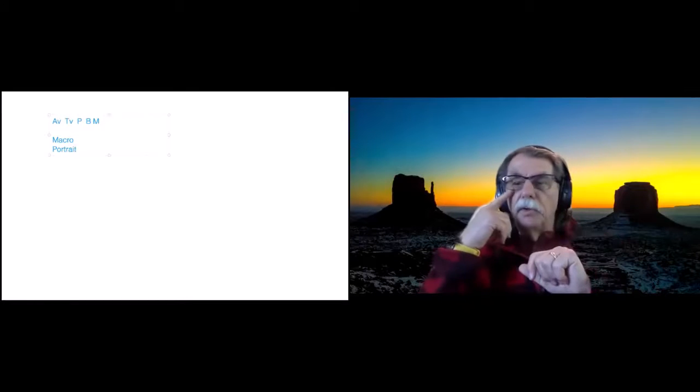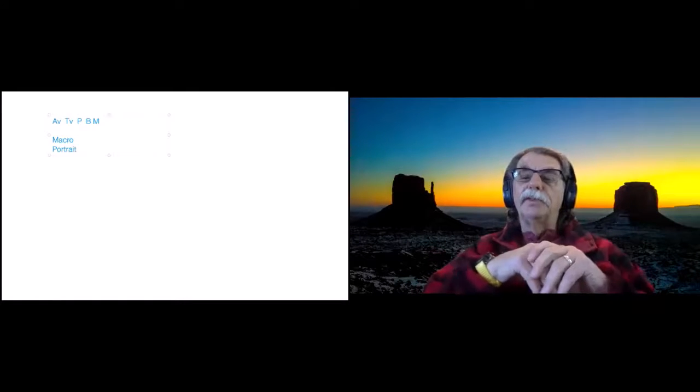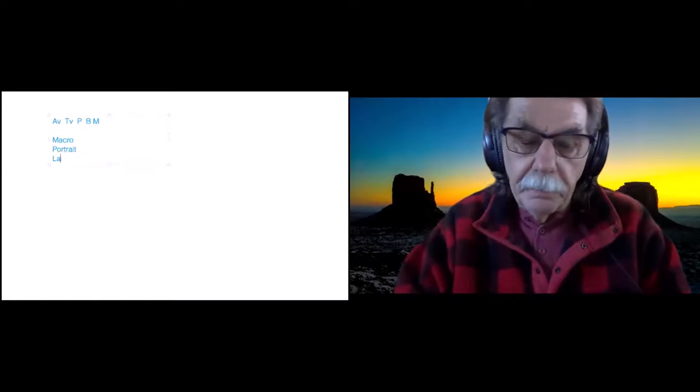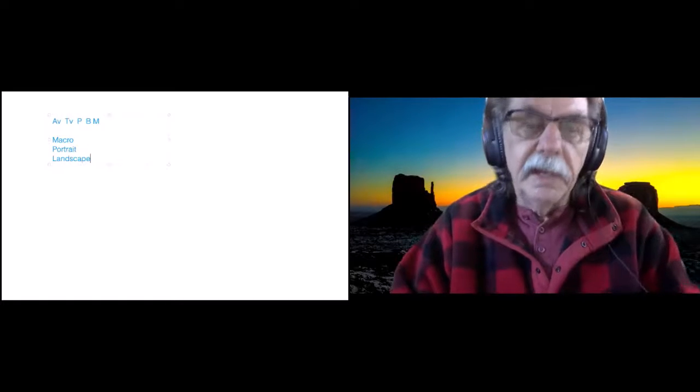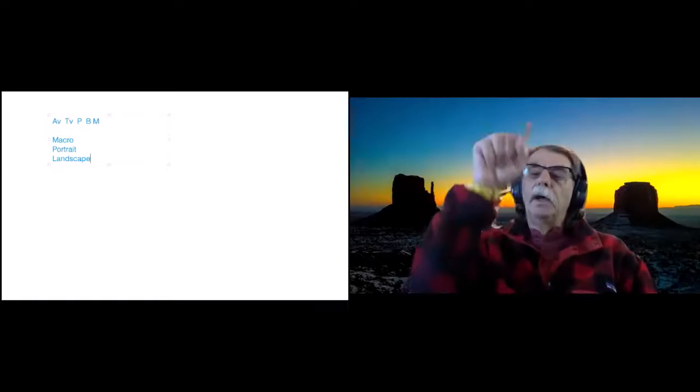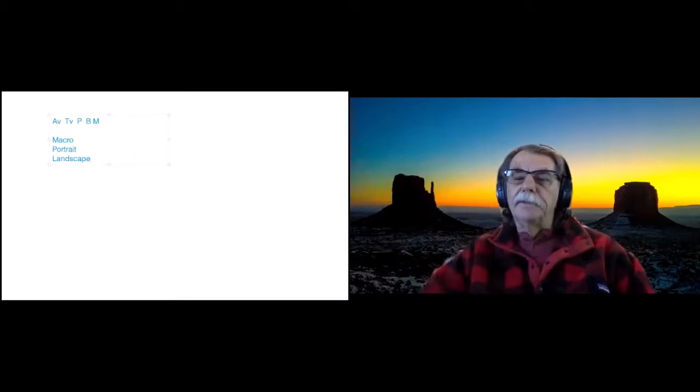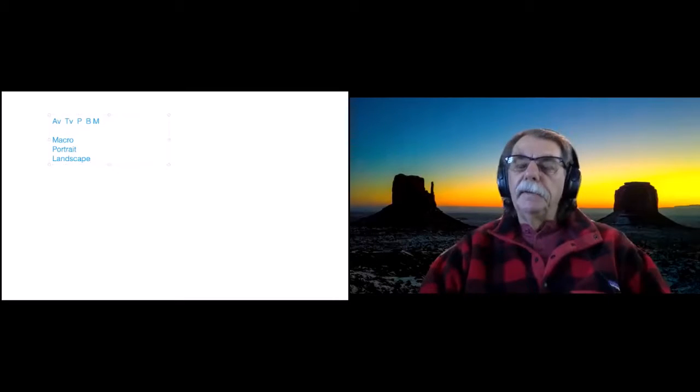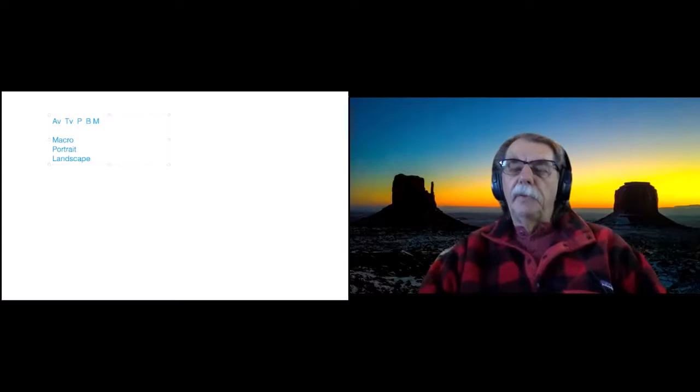One of the other modes you might have is called landscape. It looks literally like a couple of different triangles, like mountains. Traditionally, if you look at fine art painting from the Renaissance, you'll notice that